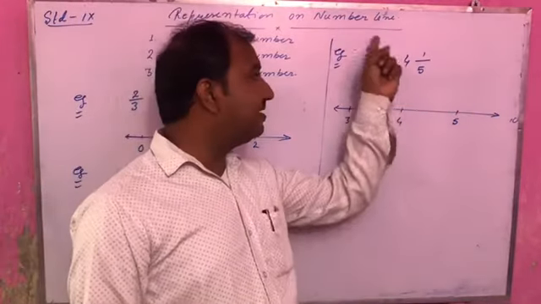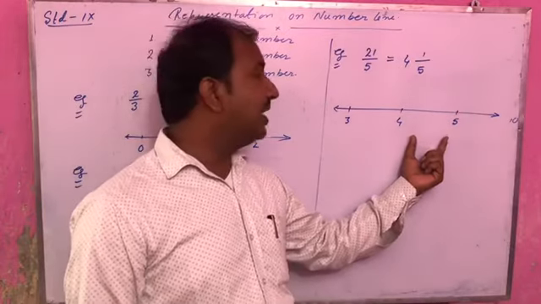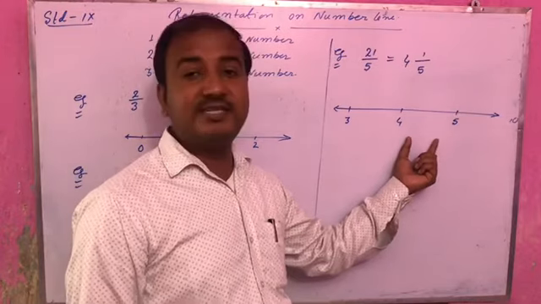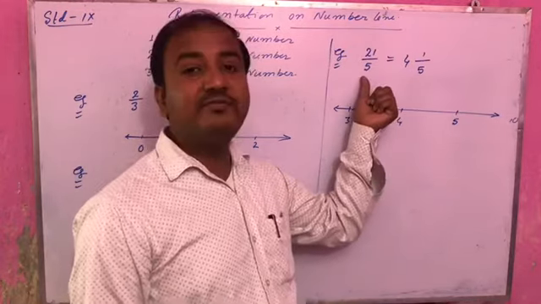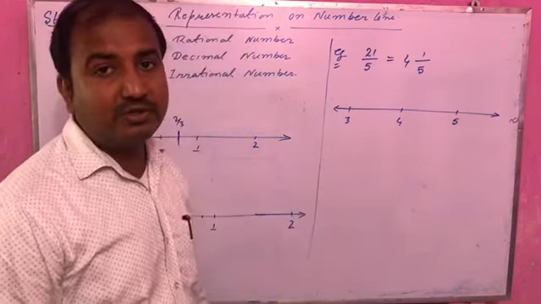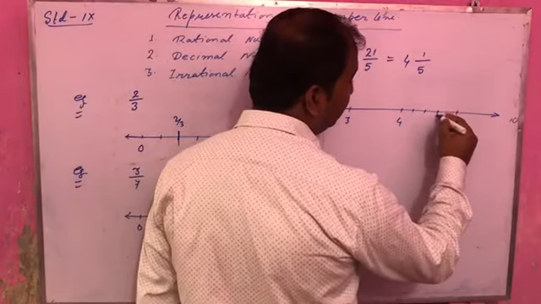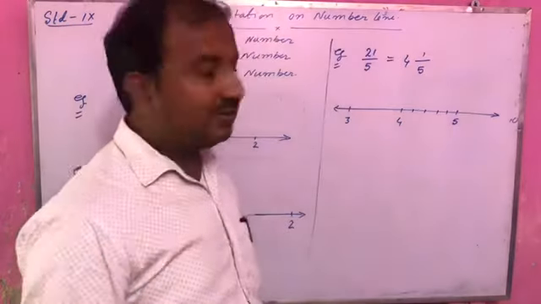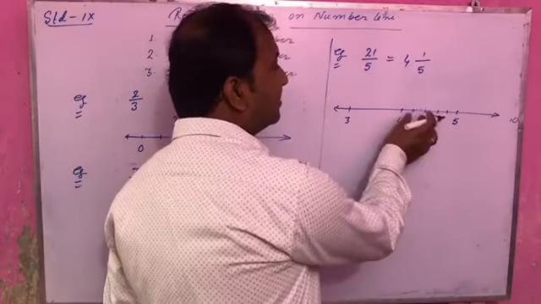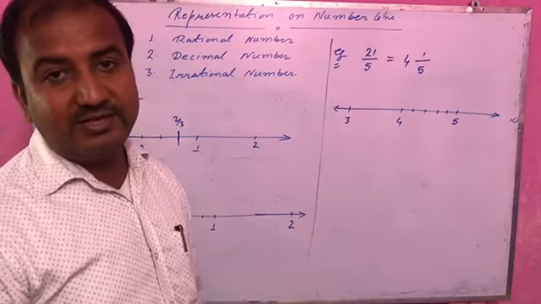In this number line, which distance will be divided? You can see the number is more than 4 and less than 5, so this distance will be divided. And this distance will be divided in how many parts? In 5 equal parts. 5 equal parts means we will have to draw 4 lines. Just draw here. 1, 2, 3, 4. It must be that these distances are equal. You will have to do it by using a ruler and pencil.